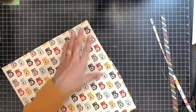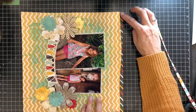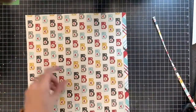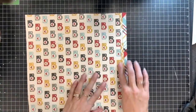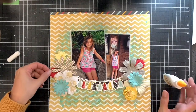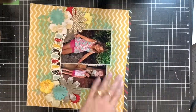and I did not cut off a big enough strip. I don't know what I was thinking. So I would highly recommend a much thicker strip, like maybe an inch, not a little quarter inch or whatever I trimmed off here, because it definitely wasn't enough, because I am going to ruffle up the edge here and it's just not going to work. And you can see here that I had extra adhesive and I'm gluing little pieces down, and yeah, maybe not my smartest moment. So I'm going to just use my fingers and then a palette knife to kind of ruffle